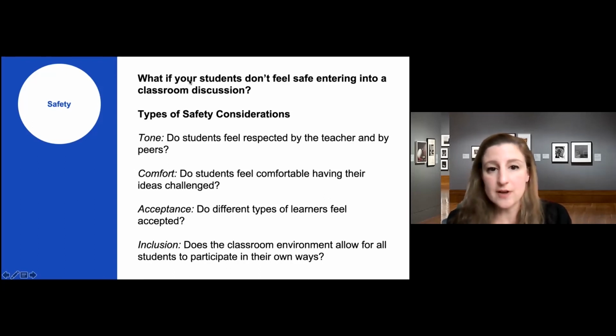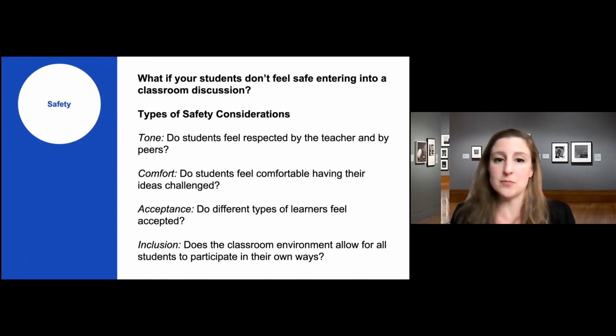What's the comfort level? One of the more uncomfortable things about discussions is that what you say might be challenged by one of your classmates. So cultivating this idea that it's ideas that are being disagreed with, not people that are being disagreed with, is really helpful in building that kind of comfort and cultivating a more healthy thought process for students around what it